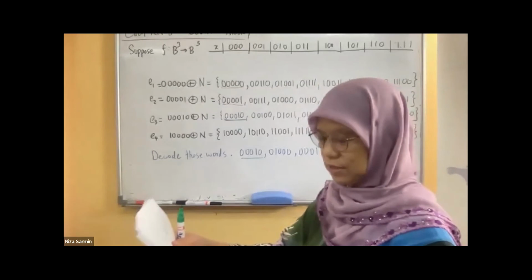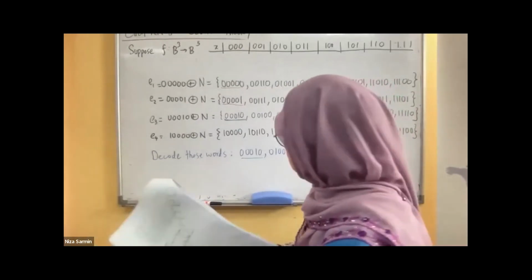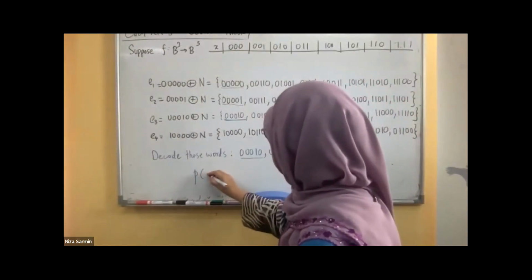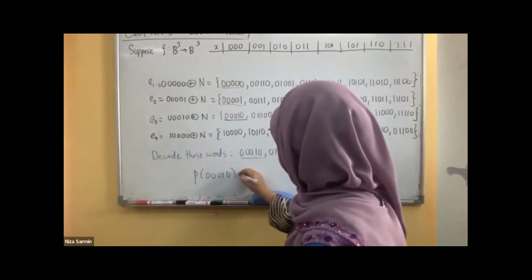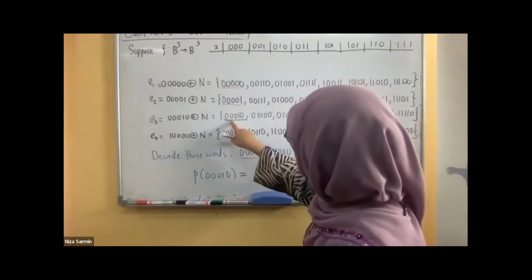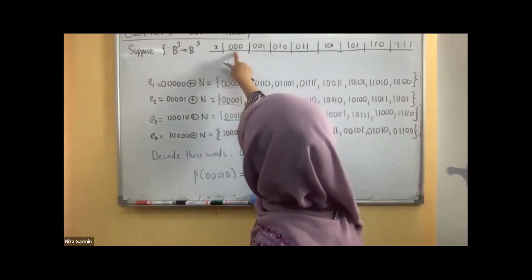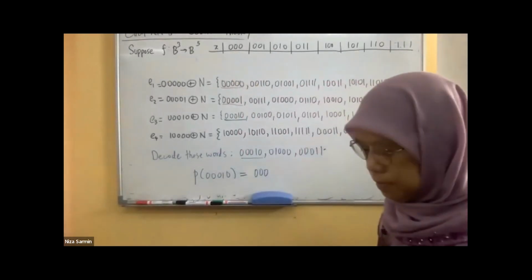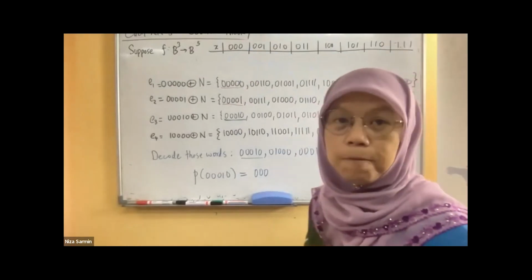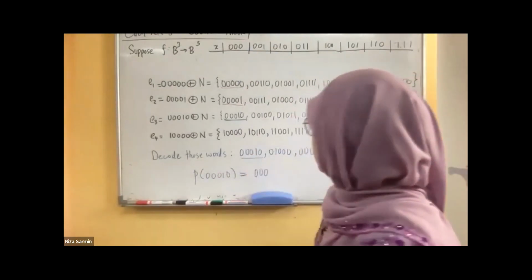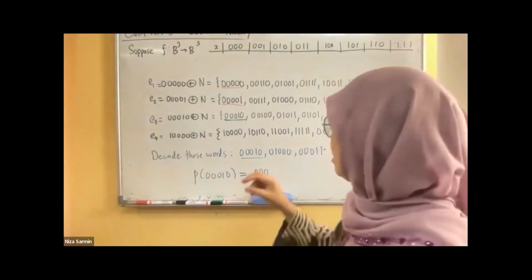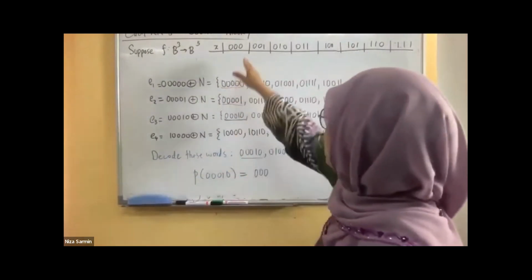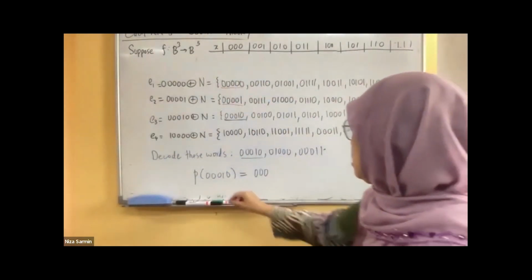But let me just first find this one. You will write P of 0, 0, 0, 1, 0. Because this is in here, you decode back, you just take this. This is 0, 0, 0. That is your answer for decoding this word. I made a little shortcut so that I don't have to calculate anything at all, because it's straightforward to get the answer. The second one,